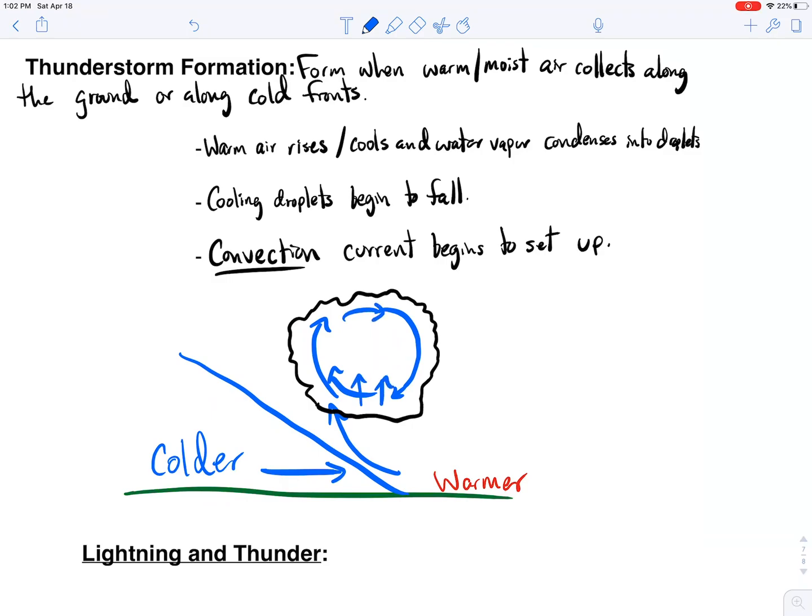And what do we get? We get these really strong convection currents going around and around. We actually get uplift that's strong enough in that cloud to hold rain droplets up in the sky. So you ever had a thunderstorm where the raindrops are just these huge, giant drops of rain? That's because there's such a strong updraft up there in that cloud that it's able to hold that moisture up